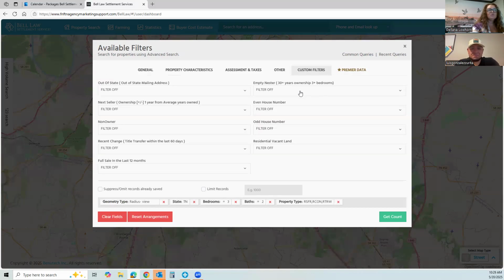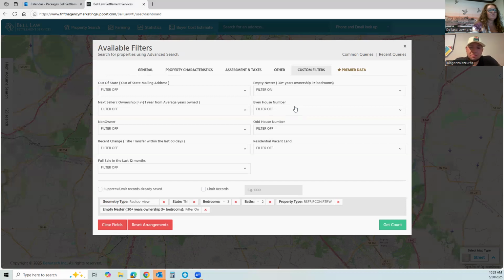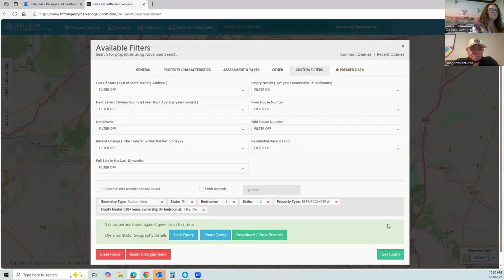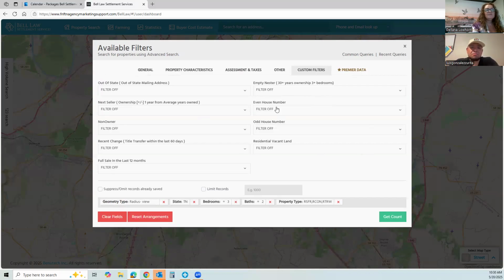Empty nester, you do care about because as they get older, they're going to need to downsize. So if I turn that filter on, sometimes it's kind of hit or miss with that one. Nope, 932 properties who have owned their house more than 30 years. That's pretty good. So depending on what you want to market, even house number, odd house number,